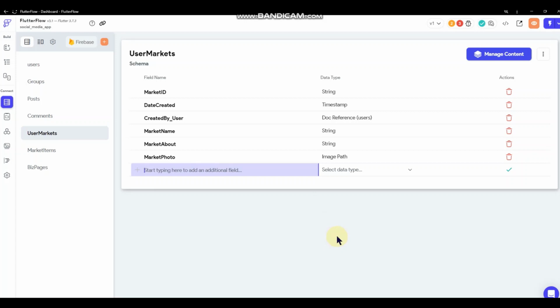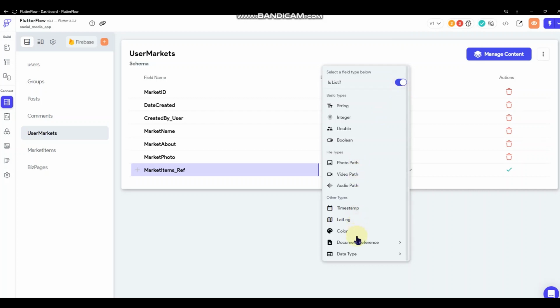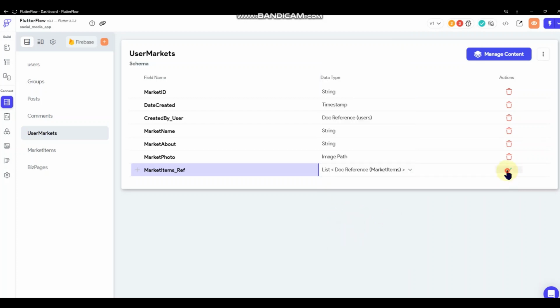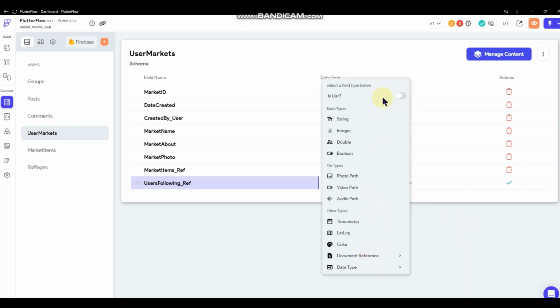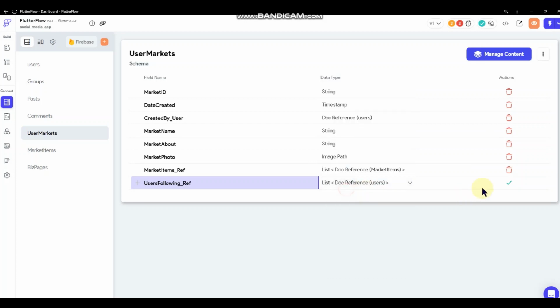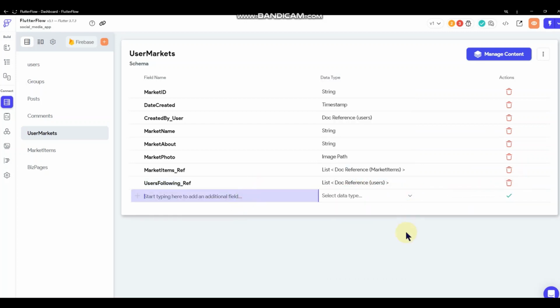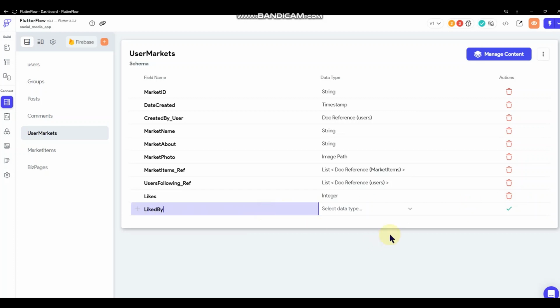Let's see here. What else we want? We want a reference to items. So market items reference list. Market items. And we could do this, users following. So if users want to follow a marketplace for updates, list users. And we can do likes. Liked by reference. Now let's do users.